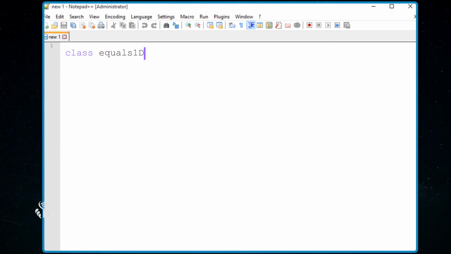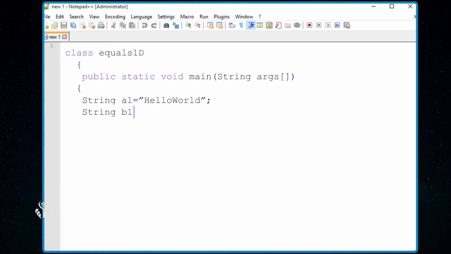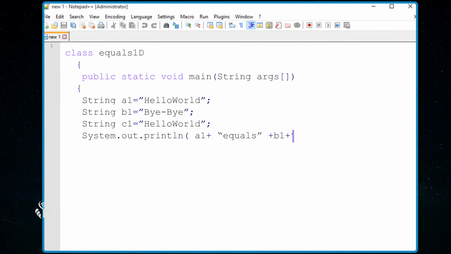class Equals1D { public static void main(String args[]) { String A1 = "hello world"; String B1 = "bye bye"; String C1 = "hello world"; System.out.println(A1 + " = " + B1 + " -> " + A1.equals(B1);